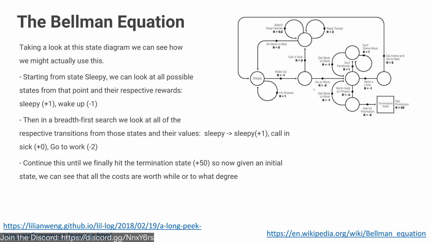So in this case, I'm assuming equal possibilities to just make the math a little bit simpler. But you can imagine that if I'm more likely to wake up, like 0.9 versus 0.1 snooze, then the expected reward of hitting snooze is actually going to be only 0.1 because I'm only going to do that 10% of the time. So this is the way that we can evaluate what the value of each state may be, so that we can maximize the potential returns, right? So you can maybe do this as an exercise for yourself and explore what kind of transition probabilities we need here to ensure that we get to this termination state